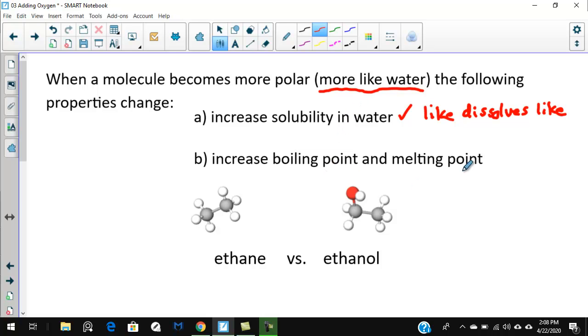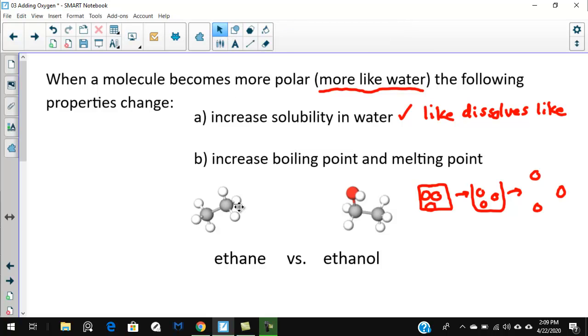Now, melting point and boiling point, if you recall, we talked about this once before. In melting point, we have to take the solid and separate the particles of the solid to turn it into a liquid, which those particles are a little bit further apart. And then for boiling point, we have to turn the liquid into a gas by very much separating the particles. Okay? So the boiling point, or what temperature these things happen at, because remember, boiling point and melting point are temperatures. The temperature at which these things happen are determined by how hard can these two molecules hold on to